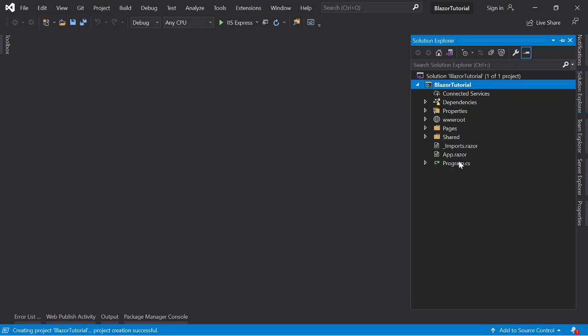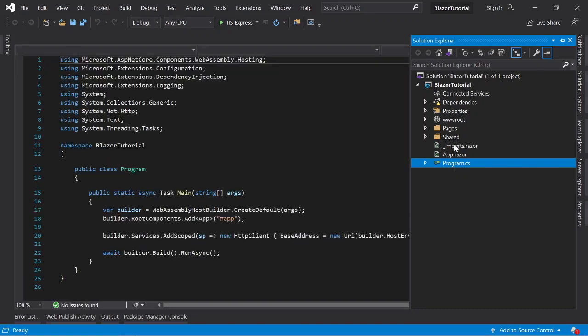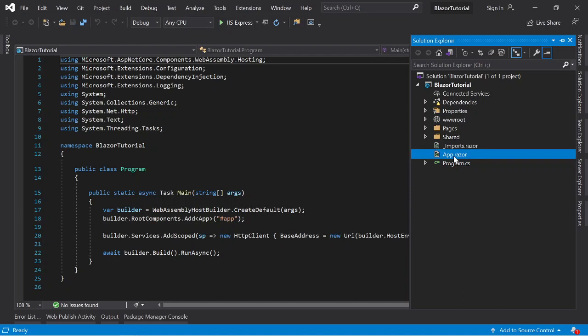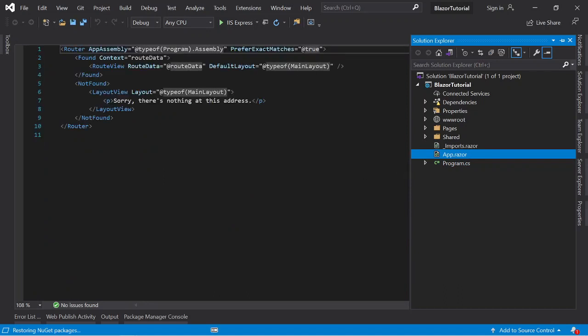And this is the project structure of a Blazor project. And of course we have program.cs, we use C#, and App.razor. We still store the packages.